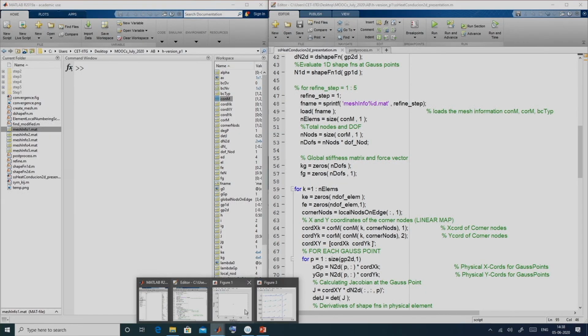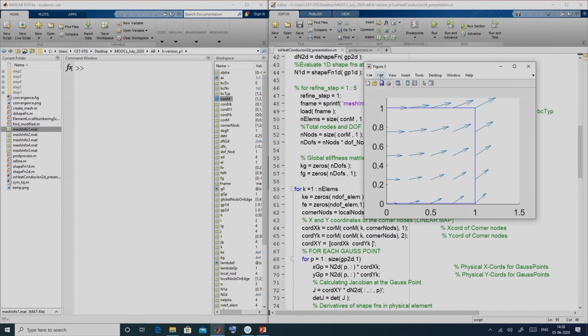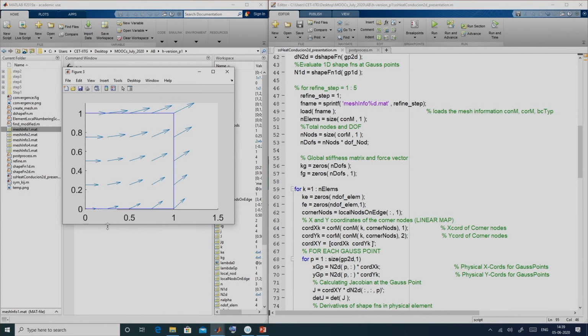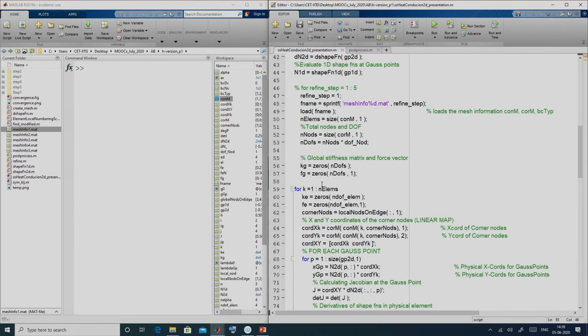So if you look at the second figure, it is showing the heat flow in the domain. So as you can see, the heat is flowing towards the upper right corner within the domain, alright. So you can individually plot qx, qy also just for your own query, alright. So now we will go and increase the mesh.